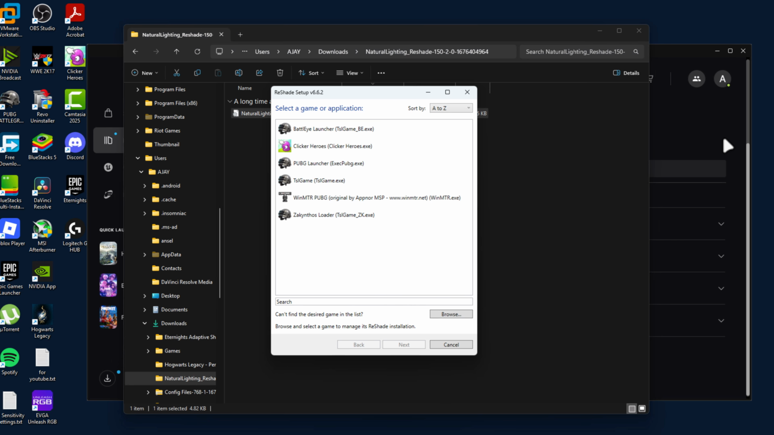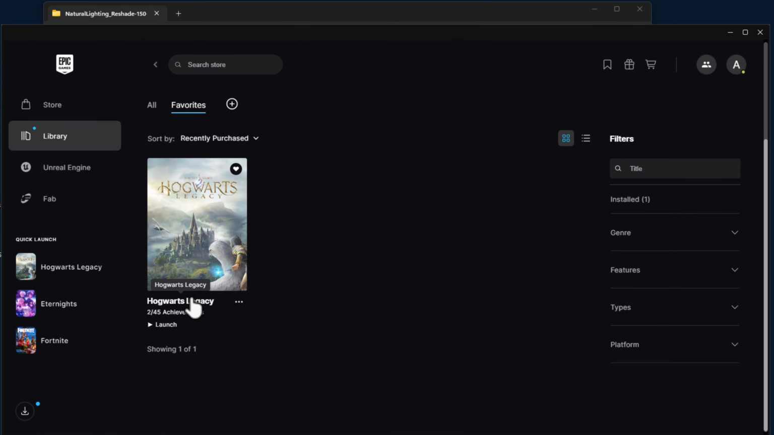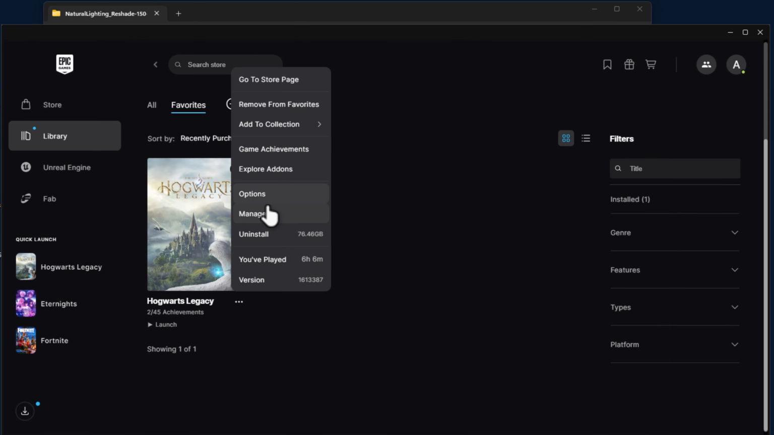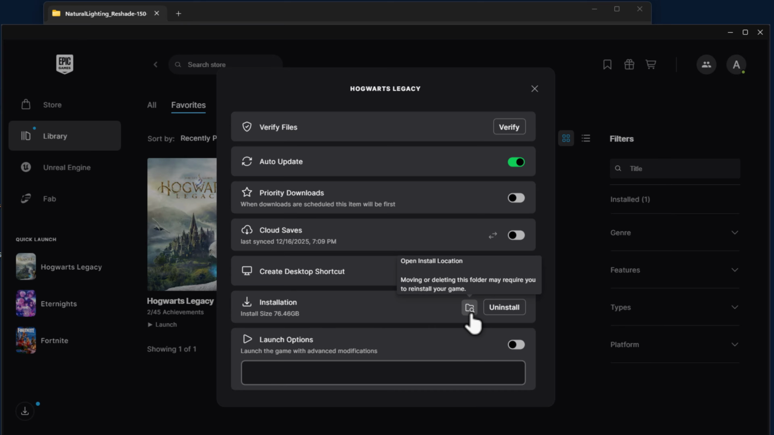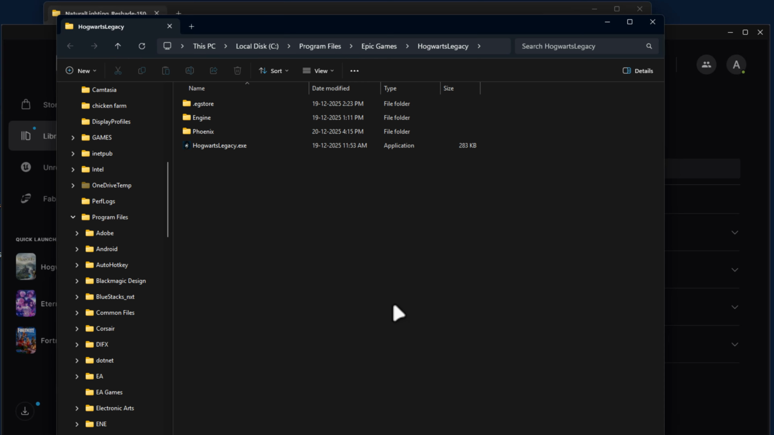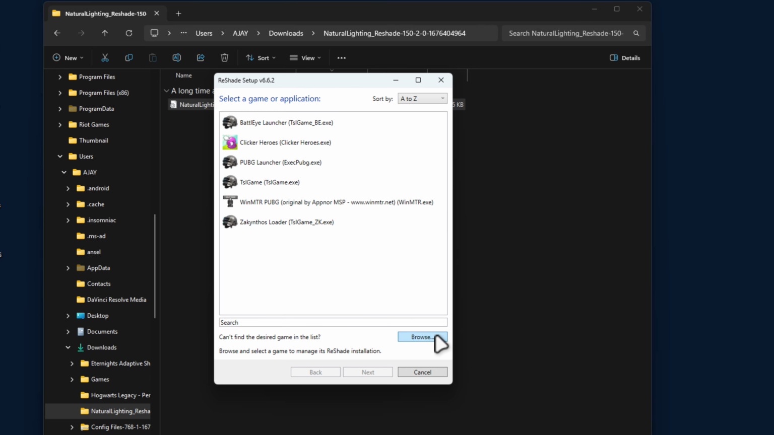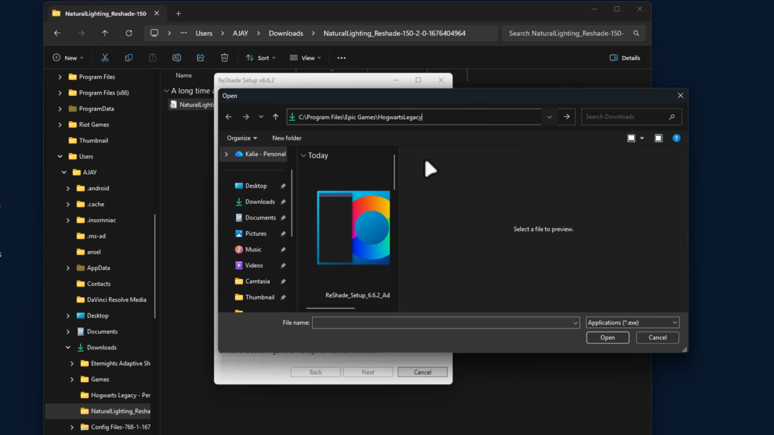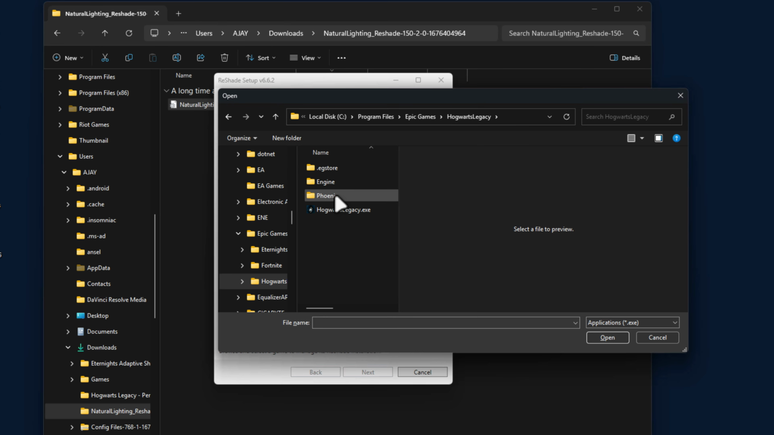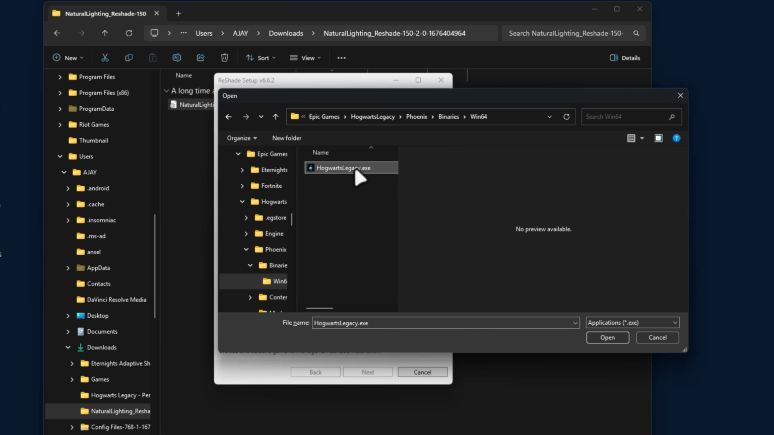game folder. Open up Epic Games, click on the three dot icon next to Hogwarts Legacy and select manage and select this open install location and copy this file path and then just close off here and select the browse option and paste the path we copied and press enter and open the Phoenix folder, Binaries, Win64, Hogwarts Legacy.exe and